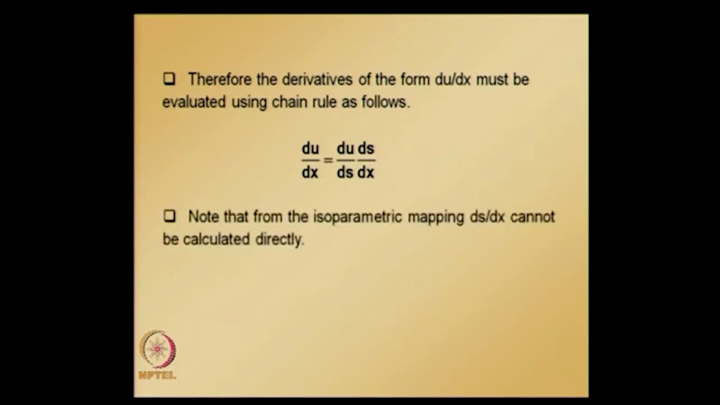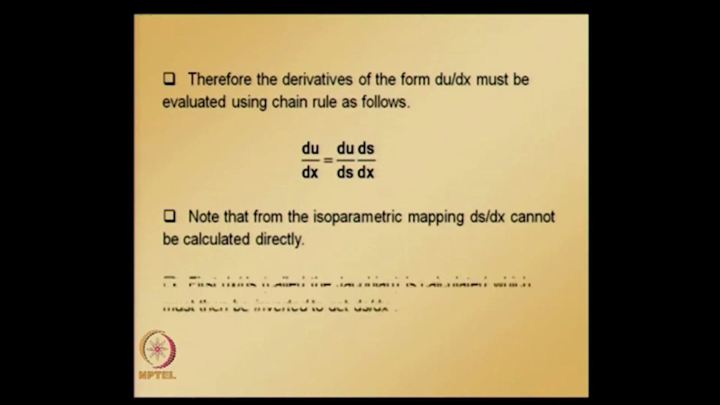Note that from isoparametric mapping, the expression that we have is x in terms of s. So it is easy to calculate dx over ds. So note that from isoparametric mapping, ds over dx cannot be calculated directly. So first we need to calculate dx over ds, which is also called the Jacobian, and for a linear element it turns out that this Jacobian is equal to L over 2, L being the length of the element,